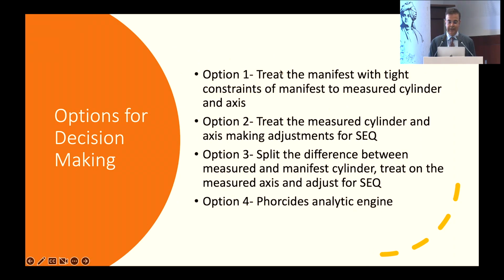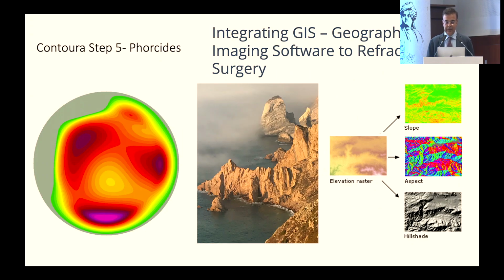So there are several ways. As I said, option 1, you can treat the manifest with tight constraints. Option 2, you can treat the measured cylinder and axis, making adjustments for the spherical equivalent. So that is what we went through over the first few years of Contoura, but what we eventually do today is the Phorcides software, which helps us do the planning. This is a proprietary software which for Indians comes free from the US by Dr. Mark Lobanov